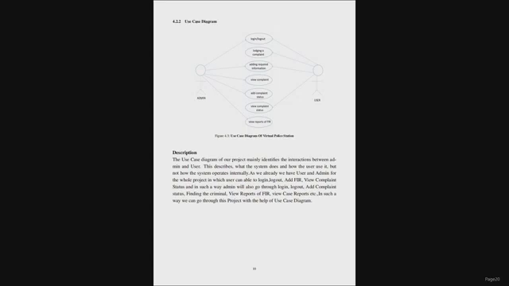As we have user and admin for the whole project, the user is able to log in, log out, add FIR, view complaint status, and in the same way the admin will also log in, log out, add complaint status, etc. In such a way we can go through this project with the help of this use case diagram.